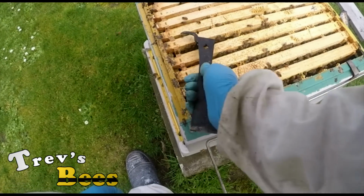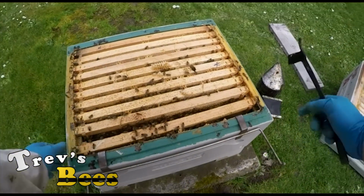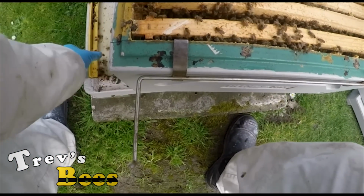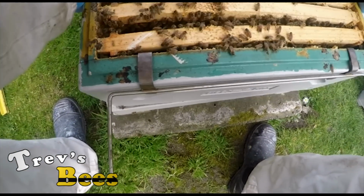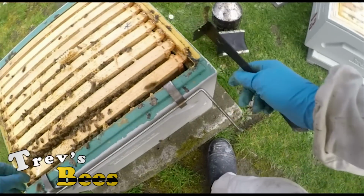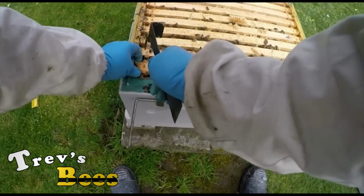I always crack the frames like I'm doing there just before I start lifting frames. Just makes life a bit easier, not trying to fight. So there's the entrance reducer gone. Set the hive back in its proper location. Carefully lifting slowly, lift the first frame out,